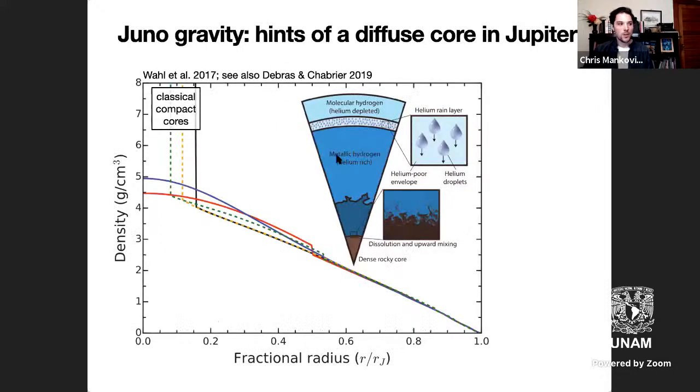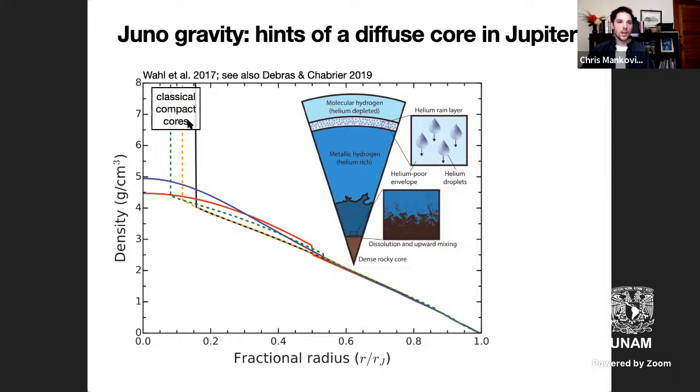Now, with the benefit of Juno data, our ideas for Jupiter's interior structure are starting to move a little bit because of what the data are requiring. This is a plot from Sean Wall's 2017 paper that is basically fitting similar data, although now with the benefit of very precise gravity harmonics for Jupiter that extend for several degrees. And so there's J2 all the way up to J10 in terms of these even coefficients that are most valuable for constraining the deep interior.